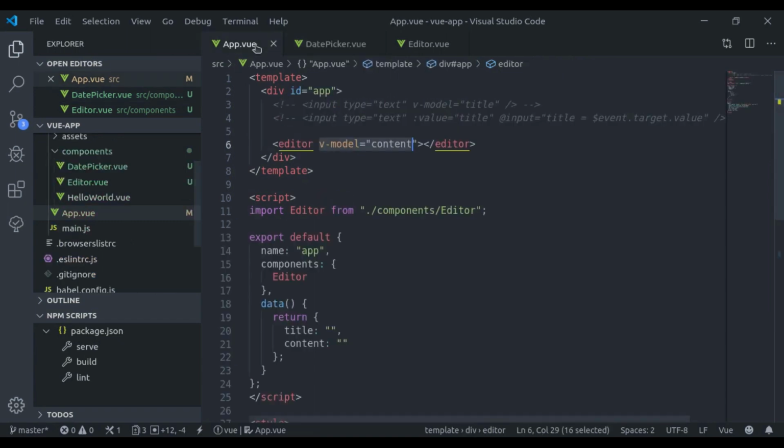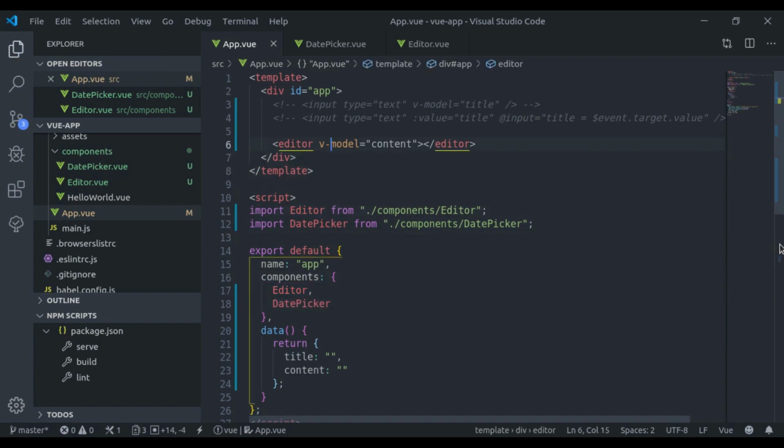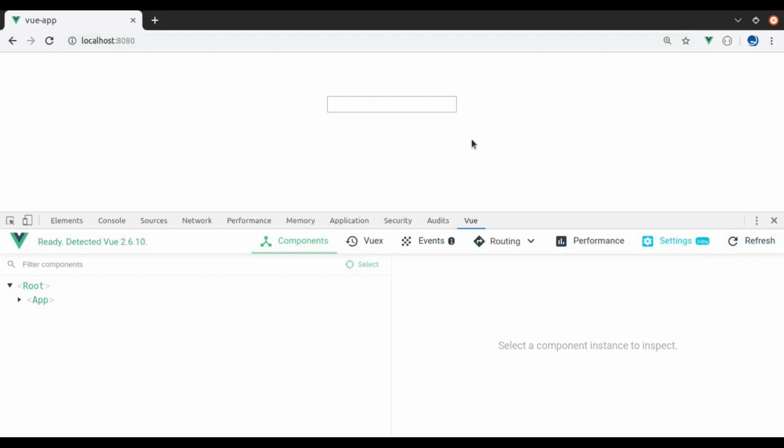Now in the app component we're gonna import date picker, and let's register that here. Let's comment this. Now here we'll say date picker. Now let's see this in browser, refresh.